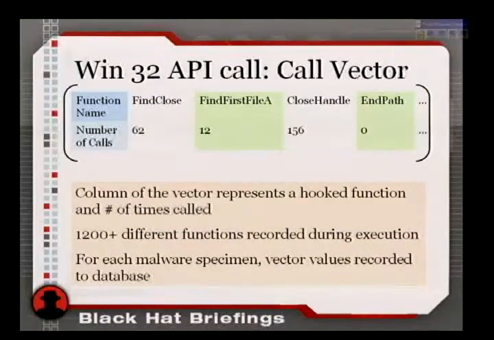What is the actual data we recorded? This is an illustration. It's a vector. Think of a vector, 1,200